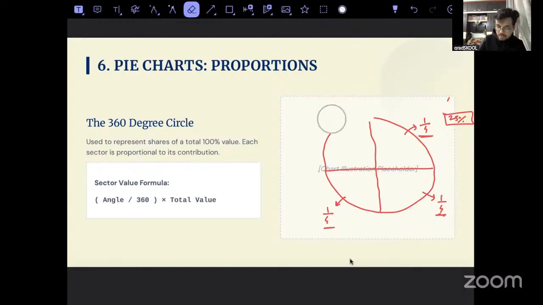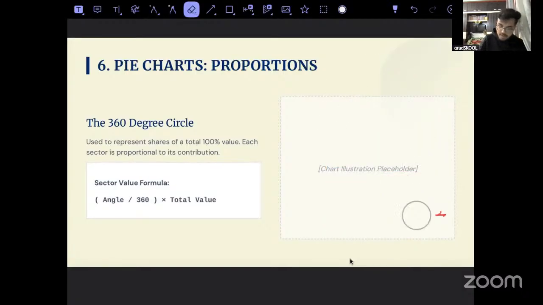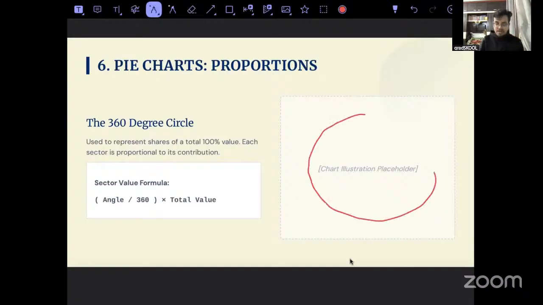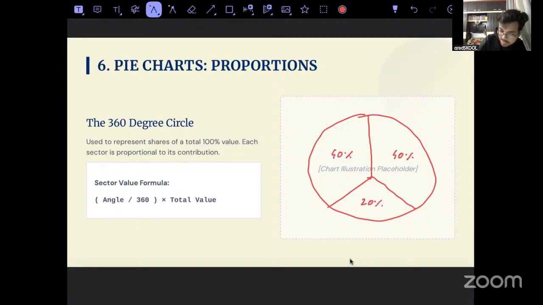Now I'll explain how to do this, what to do. Let's say we have a pie chart and we have something of this sort. This is 40%. This is 40%. This is just an example. How much did it become? 20%. Every time one full circle will be called 100%. Okay, so let's see if it is verifying my case that it is 100% or not.